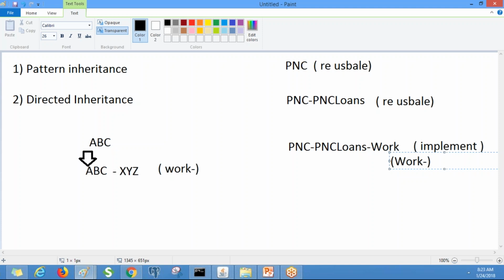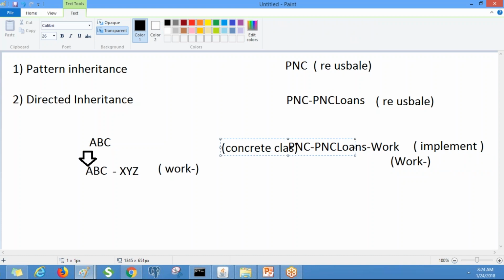So in PRPC each concrete class will have a table connected. These are the abstract classes: PNC, PNC-PNC Loans are abstract classes which do not have tables.